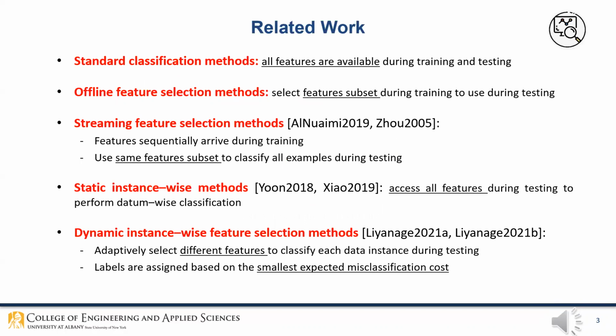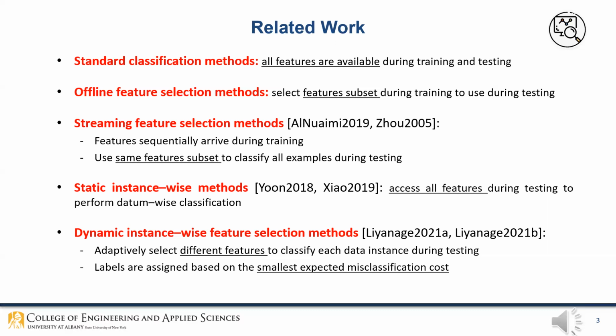In such a setting, feature selection and classification have received considerable attention. Standard classification methods consider all features to be available during training and testing. In contrast, offline feature selection methods, for example lasso, select a subset of features during training and use them during testing. To accommodate prohibitively large feature spaces, streaming feature selection methods perform feature selection during training as features sequentially arrive one at a time. During testing, all examples are classified using a standard classification method using the same subset of